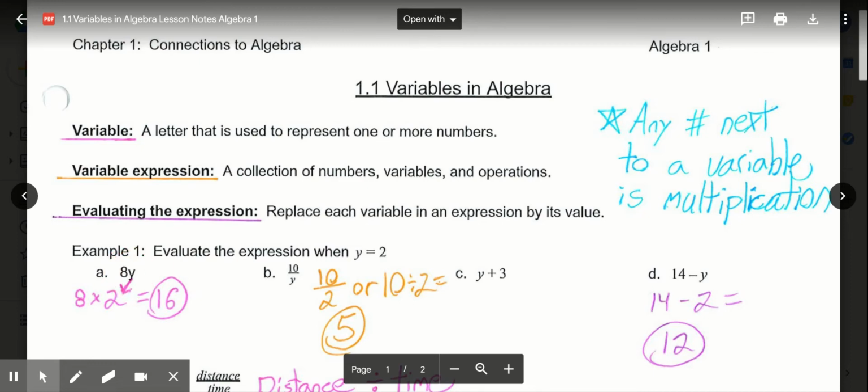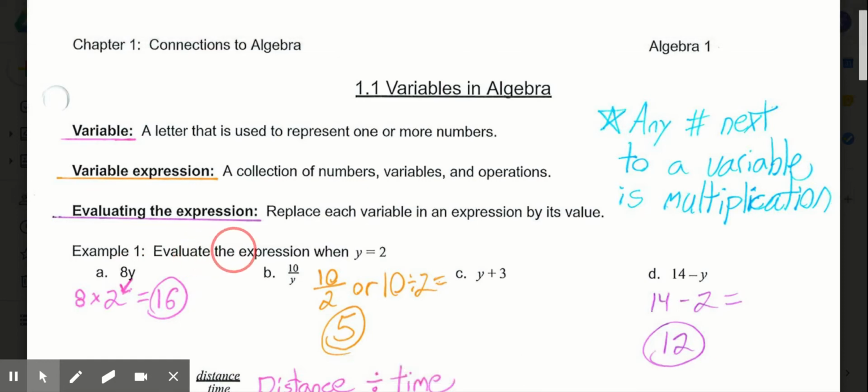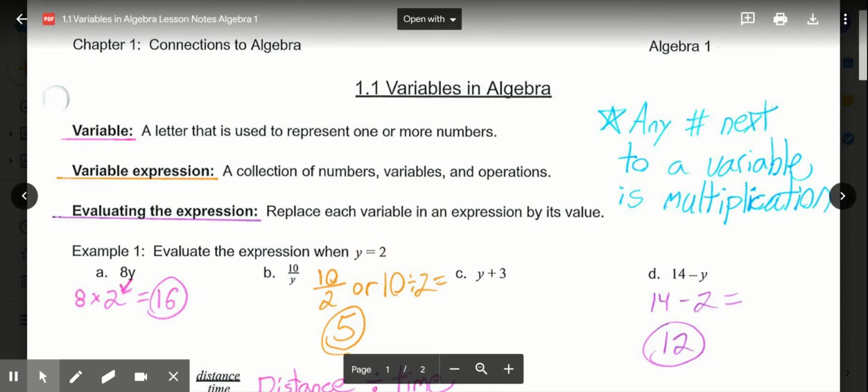So in Example 1, they ask us to evaluate the expressions when y equals 2. So every time to evaluate, we'll be replacing y with 2. So 8 times y is 8 times 2, so that gives us a final value of 16. 8 times 2 equals 16. So our answer is simply 16. In part B,